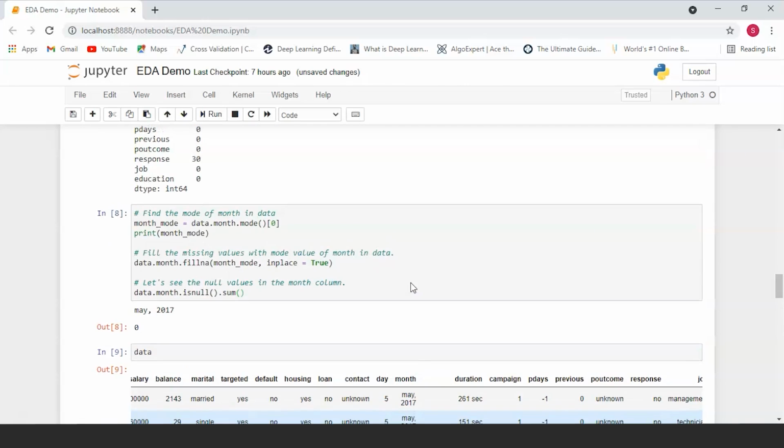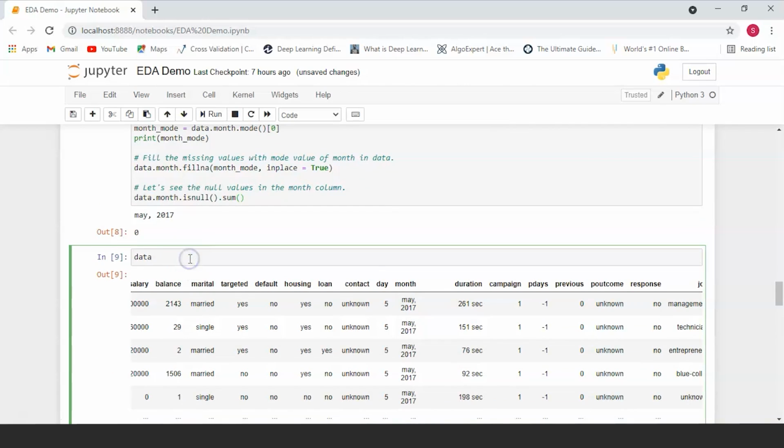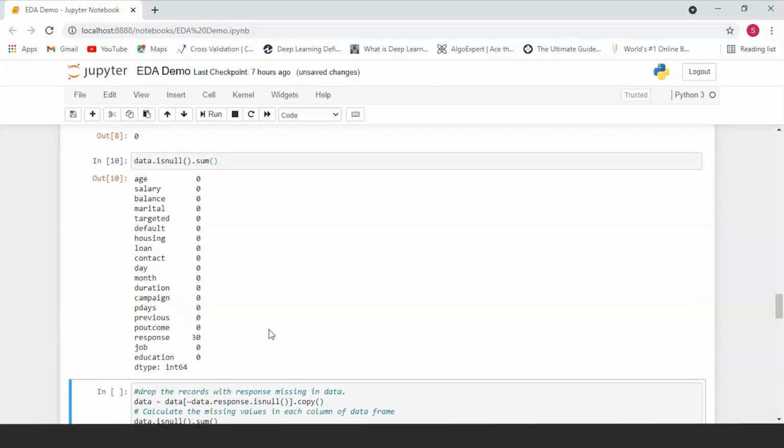Now let's just take the sum of all null values in our data set and see how many null values are there. So as you can see, month again has no null value. The only column which has any null value in it is the response column.